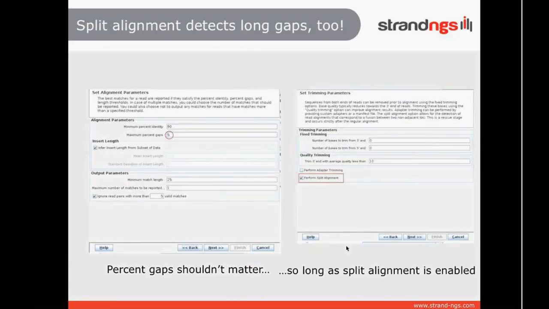The next interesting change from earlier versions of Strand NGS is the gap percentage. Now, if you wanted to detect long gaps in earlier versions, you actually had to, so here on the left side of the screen is the alignment parameters wizard. If you wanted to detect large gaps, you would have to set the percentage gap to something like 40 or 50, right, depending on the length of the indel you were interested in. We've gone ahead and removed that completely. So now it doesn't really matter what you specify here in the gap percentage, because we've added a secret